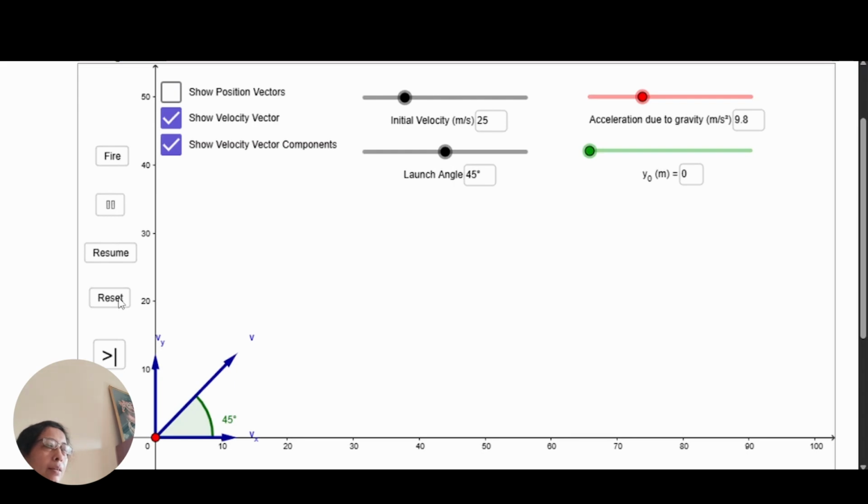Now let's visualize projectile motion in action. Here's a red colored particle that we are about to launch. You can adjust the angle of projection, but let's start with the classical 45-degree angle. That angle gives the maximum horizontal range, and fire. Watch the motion. It traces a smooth curved path in a single plane. You can change the direction or even the launch angle to see how it affects the trajectory.